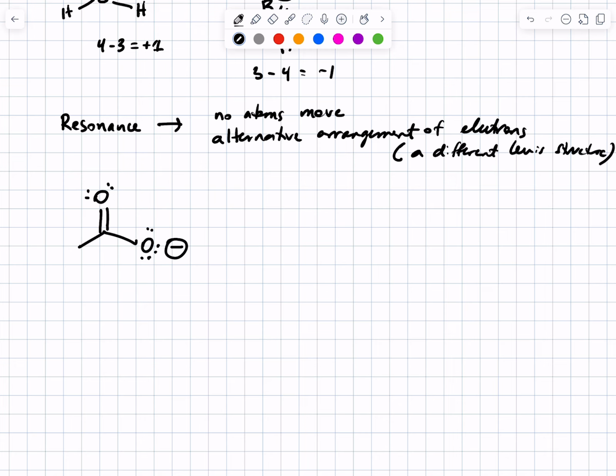And by moving I mean to get from one resonance structure to another. I'm going to have more to say about that concept of moving. Generally, you're only moving lone pairs and electrons